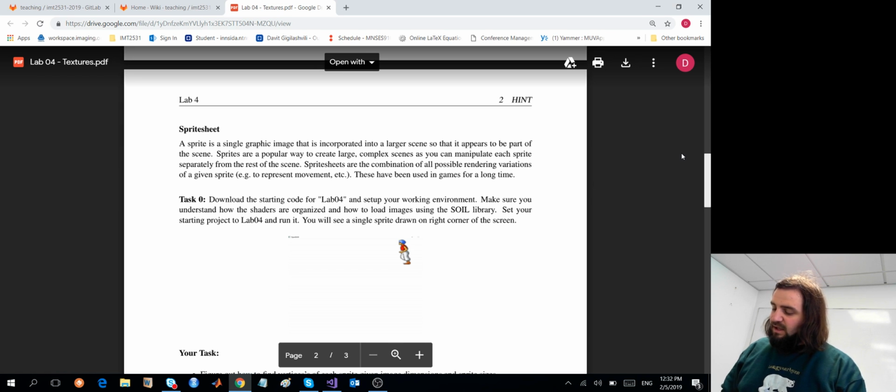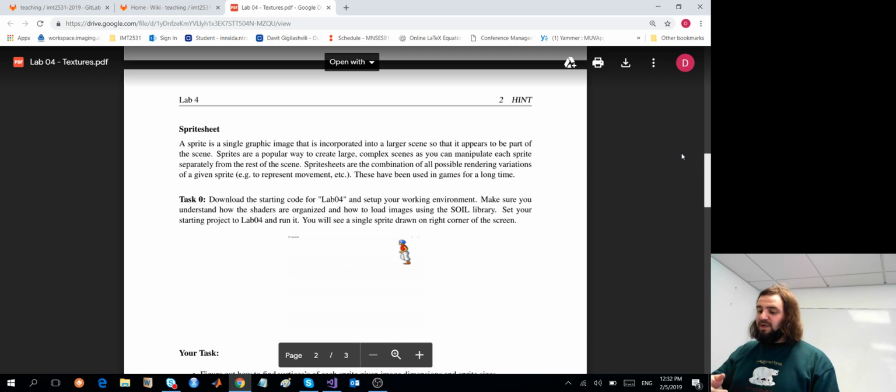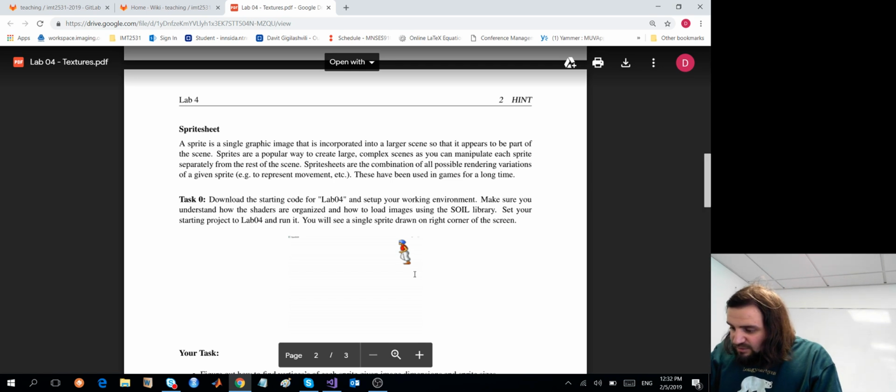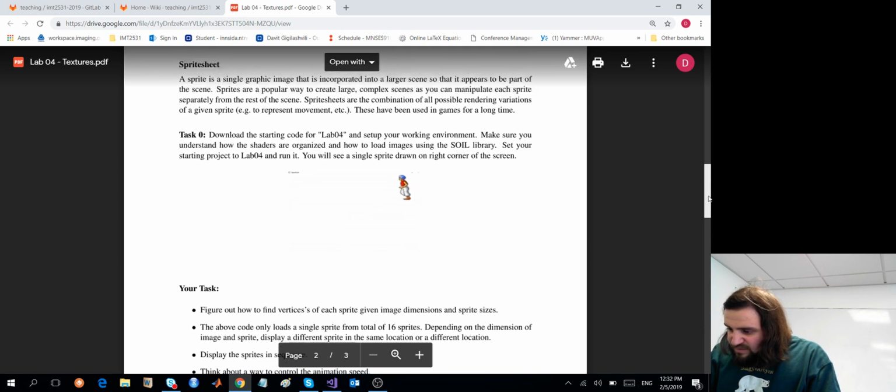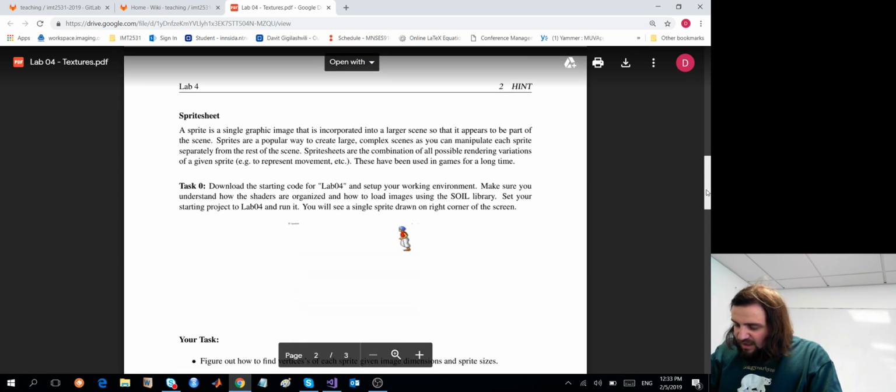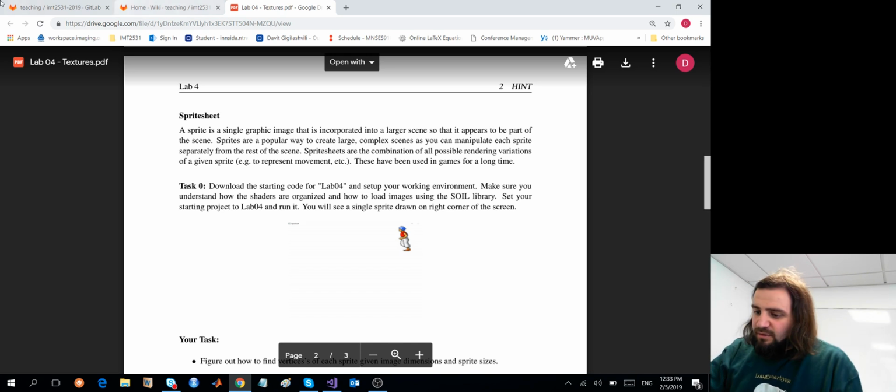It's used oftentimes for animations, where a sprite sheet contains separate sprites of an object in different rendering variations or in different conditions. As you see in this case, there is a movement of this guy that you see on the second page of the PDF, and on the sprite sheet, if you go to the